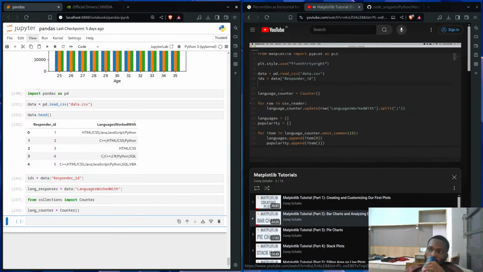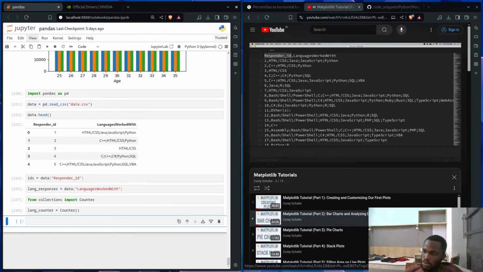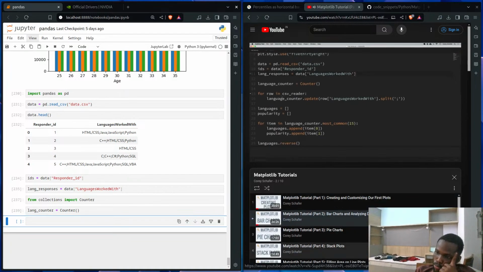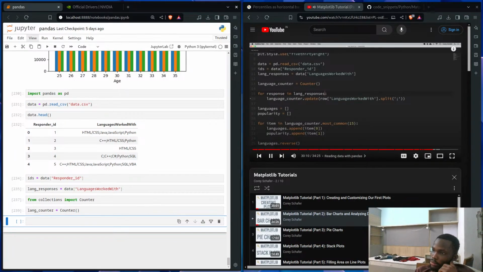And we can do the same thing with the languages. So I'll call this variable lang_responses, equal to data, and we want the key to be languages worked with. So I'll grab that. We still want our language counter, but now for our loop, instead of saying for row in CSV reader, this doesn't exist anymore. Now we have this list of languages here. So I can just say for response in lang_responses,